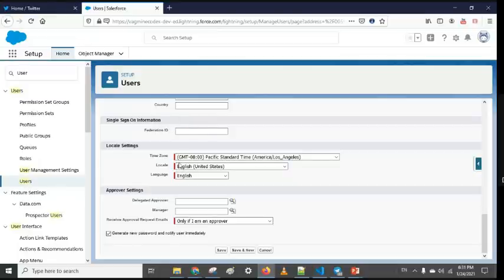Then we have a locale setting. This user will work in which kind of time zone, which locale, and which language he is using. Time zone is very important if your organization is working in different countries. Let's say some person is working in the US and some person works in India.